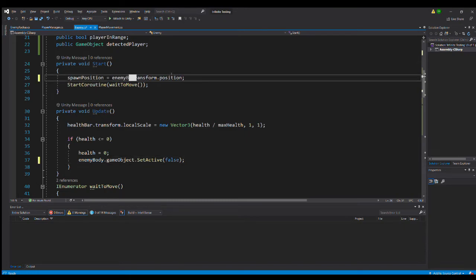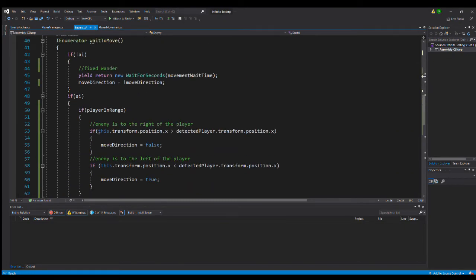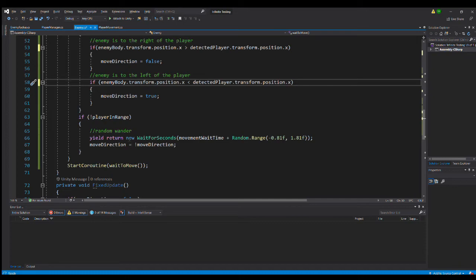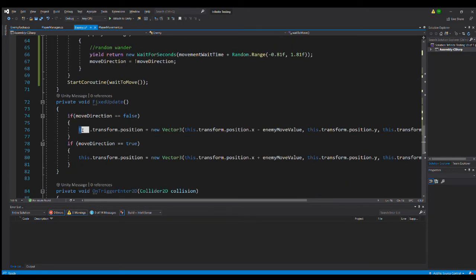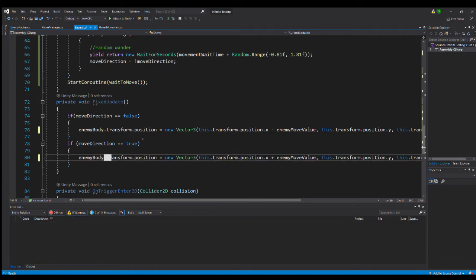Set this to enemy body. Scroll down here. Set this to enemy body. Set it all to enemy body. Go down here. Set this to enemy body. I'm just going to Control C this actually. Set it all to the enemy body,